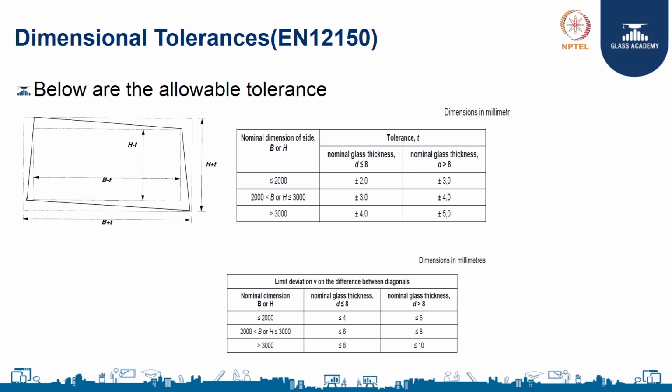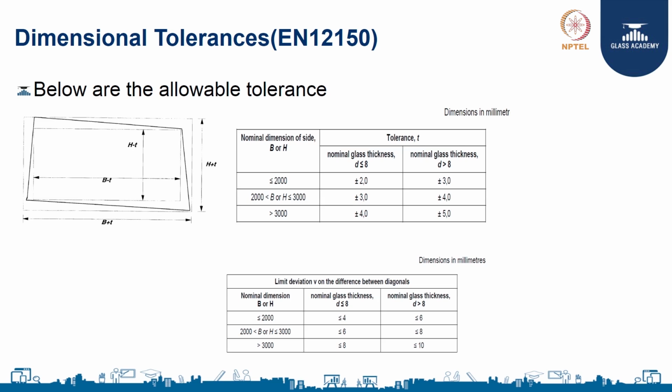When the thickness goes above 8 millimeter, for the same 2 meter or less length, a dimensional tolerance of 3 millimeter is possible. Similarly, for greater than 2 meter and less than 3 meter, dimensional tolerances of plus or minus 3 millimeter for a thickness of 8 millimeter or less, and for more than 8 millimeter thickness a dimensional tolerance of 4 millimeter is